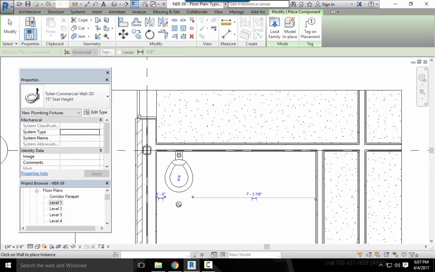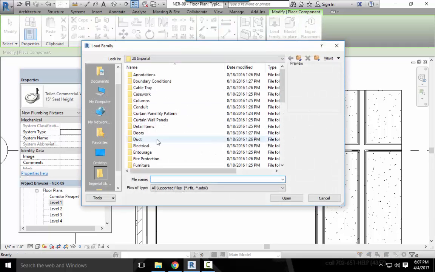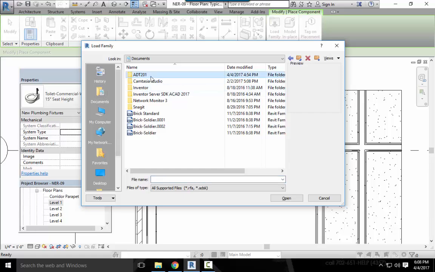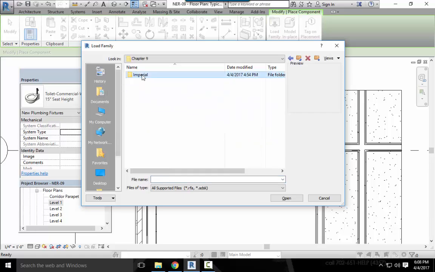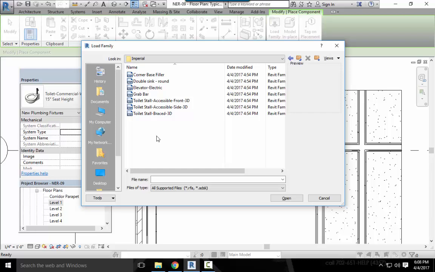So we're going to go to the Insert tab and click Load Family. And we're going to browse to that location. For me, it's in the Documents section, ADT 201, Chapter 9, Imperial. And I have this stuff. Select the new files and click Open. And this should probably take a minute because it's going to load all these files